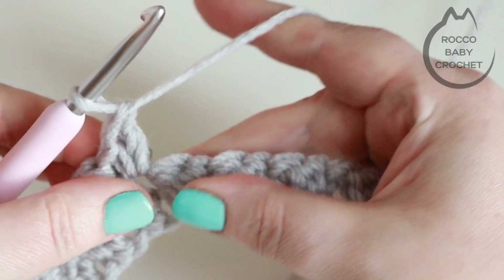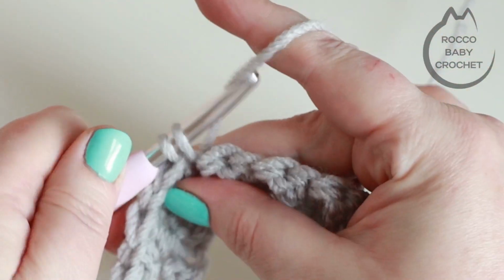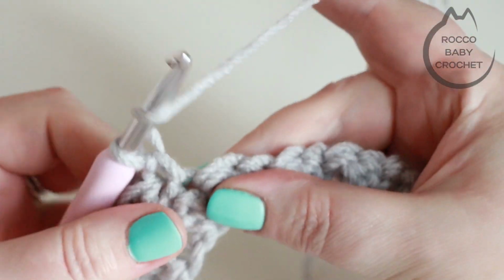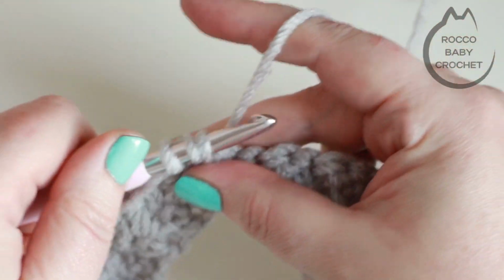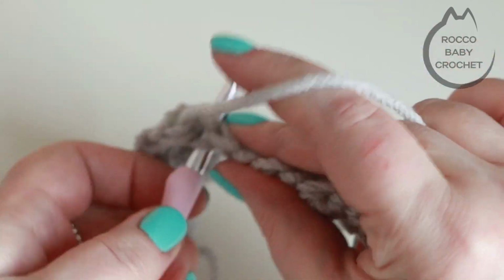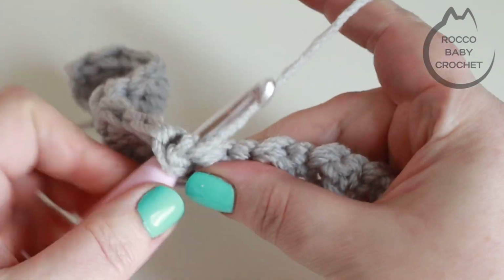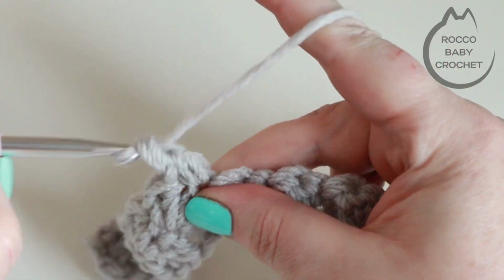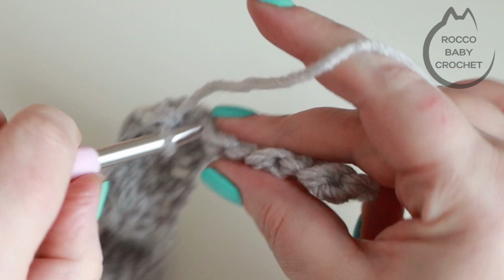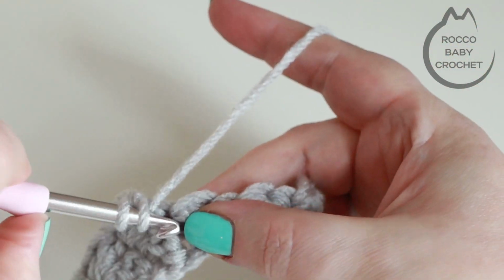But this is a wonderful stitch. It makes a nice reversible pattern, and it's very beginner friendly as well. So next I'm going to skip a stitch, work into my next one, placing a double and a treble. Skip a stitch, and into my next stitch, place my double